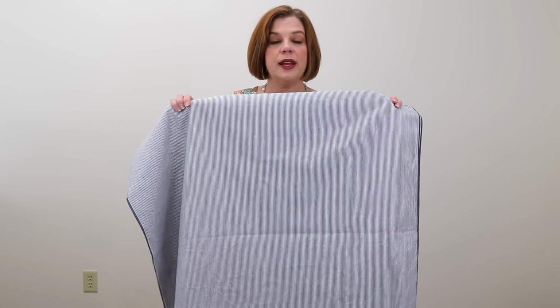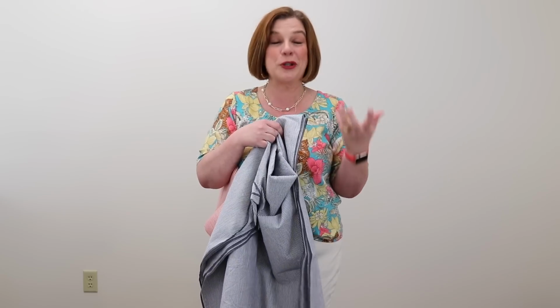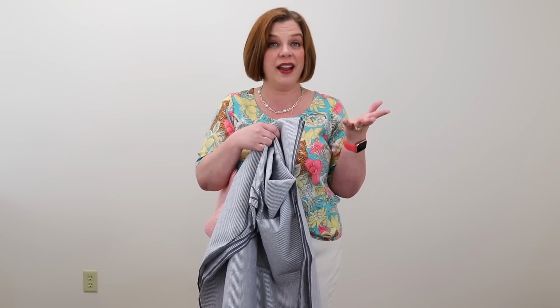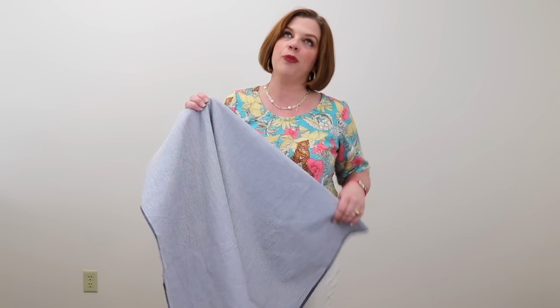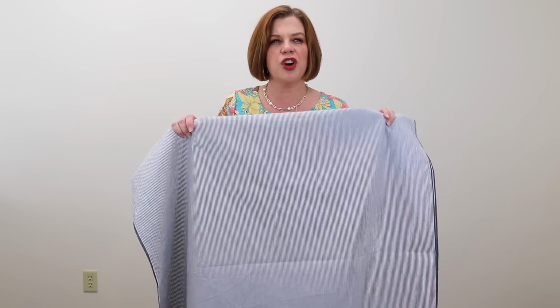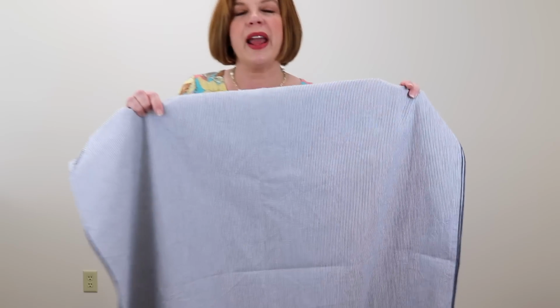So he wanted pants, and he is getting so into his wardrobe, which I think is so much fun, and I'm so enjoying that he's actually caring about what he wears. So I'm making him a sport coat, and I'm making him another pair of pants and a vest and a shirt, all to go to Italy. But we were trying to decide what to wear with the sport coat, which is kind of a dark periwinkle kind of color, purple. And when I came across this on Destashify, it is a gray, hopefully you can see that,